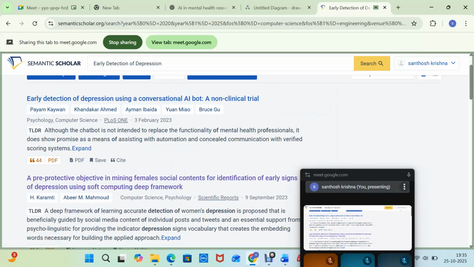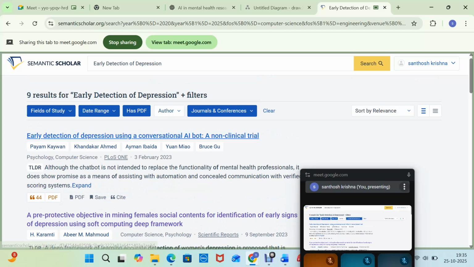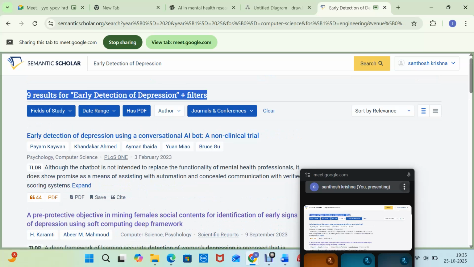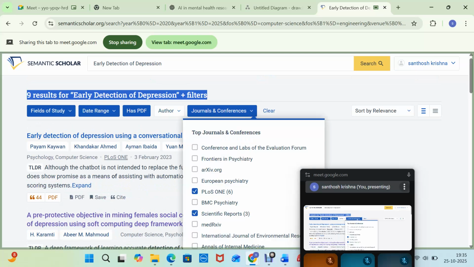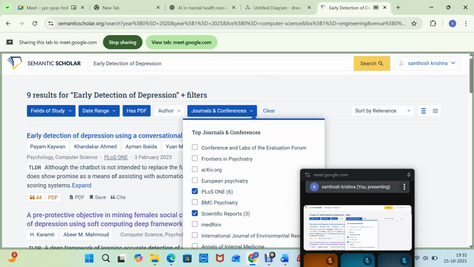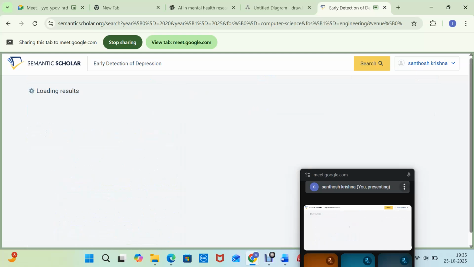From PLOS One and Scientific Reports, we have only 9 papers in the last 5 years in those standard areas. If I want other papers, I can add those too.